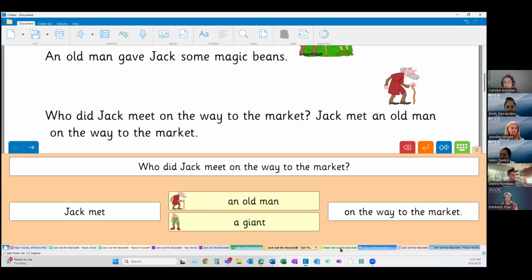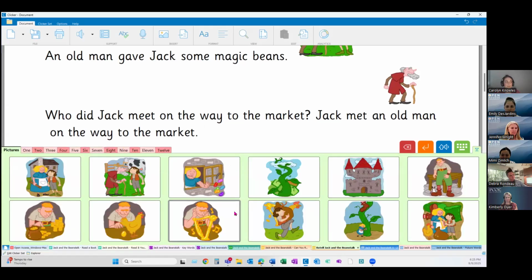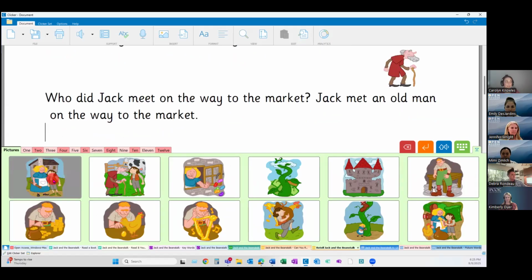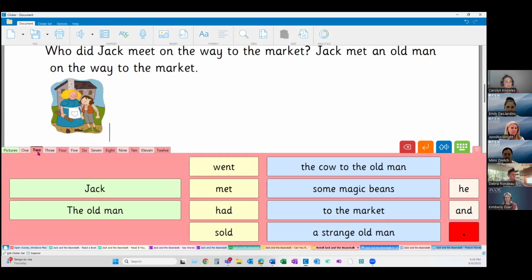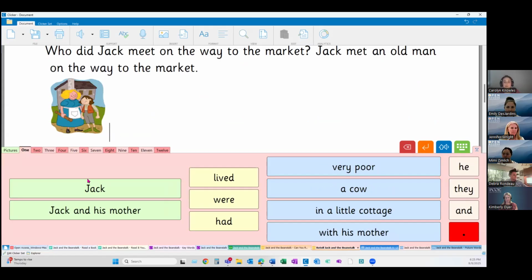Now, the other Connect set that was in the Jack and the Beanstalk topic was this one. Again, it already looks very different from the first grid that we were looking at. This has a picture bank at the start, so pictures of the book that we were reading, and then different grids behind it for retelling the story. This is a retelling Connect set that has a picture bank at the front. So again, there are several different options for what a student might choose to write.